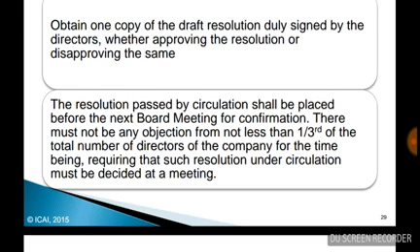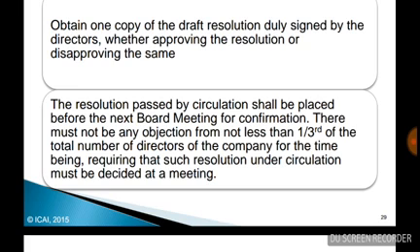Let's read it again. Send the draft resolution in duplicate together with the necessary papers to all directors then in India. See, if you compare board meetings and resolution by circulation, in board meetings you have to send the notice, but you need not state the agenda compulsorily as per the Act, though stating the agenda to be discussed is considered good secretarial practice. But for resolution by circulation, you should compulsorily state the transaction, the items to be discussed, through the draft. Okay,